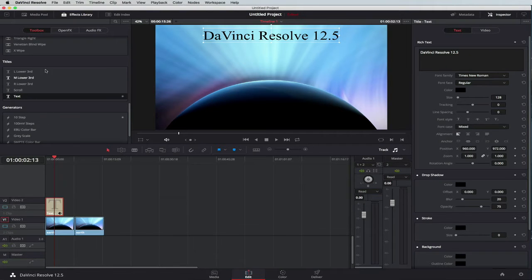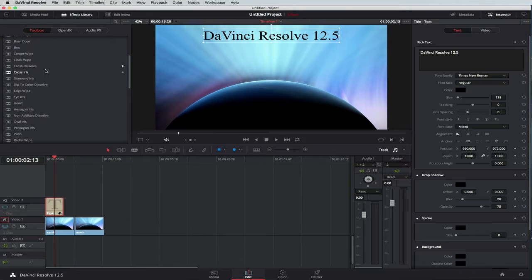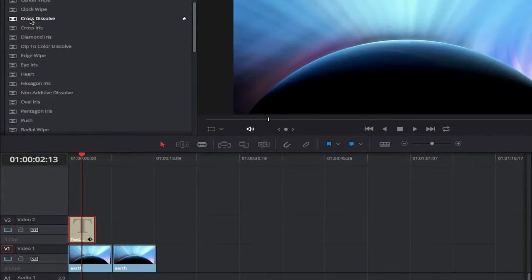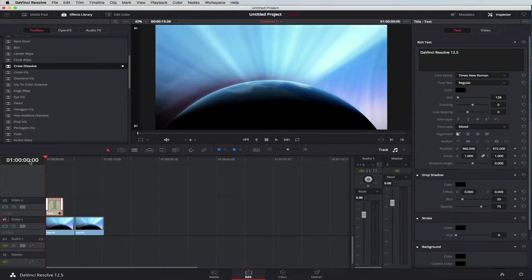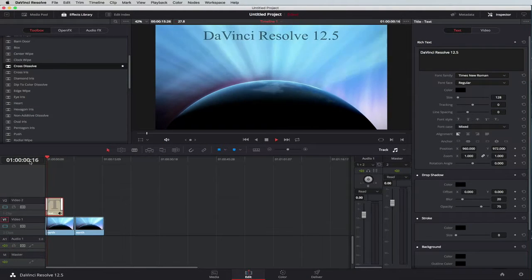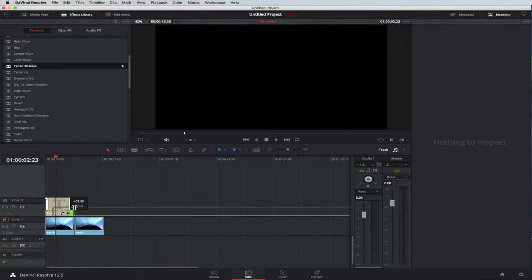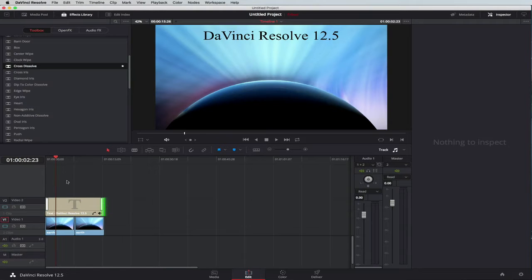And while we're in this particular area here, you'll notice that I've starred this cross dissolve. That's because I use it a lot. It's just a really nice professional looking transition, so that when we start, we've got DaVinci Resolve. And what I can do now is I can just stretch that right out across,